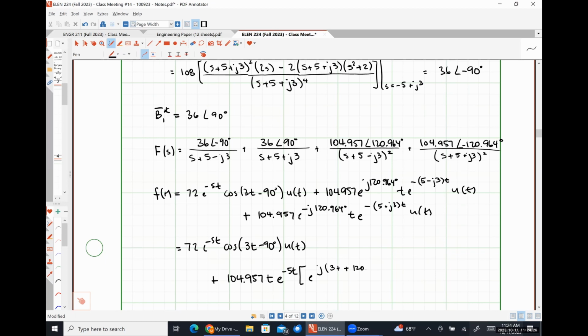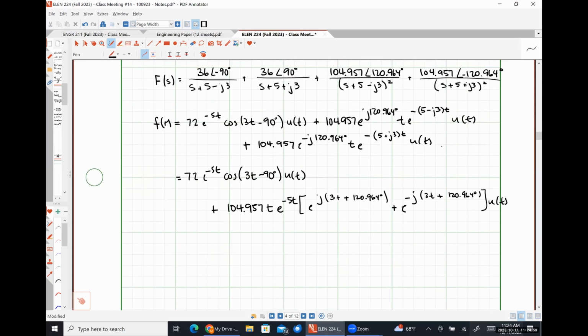plus 120.964 degrees, plus e to the negative j, 3t plus 120.964 degrees. Close all this, use a step function. And then I know that this plus this is literally just twice cosine the argument of the exponential function, giving me finally